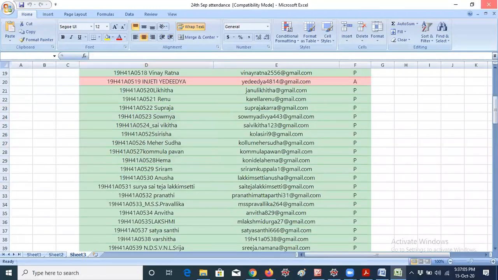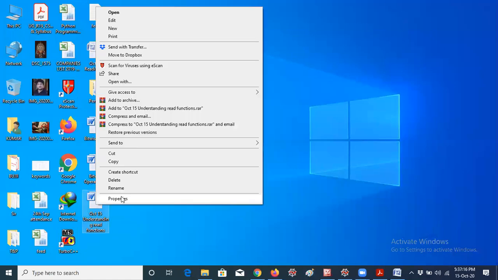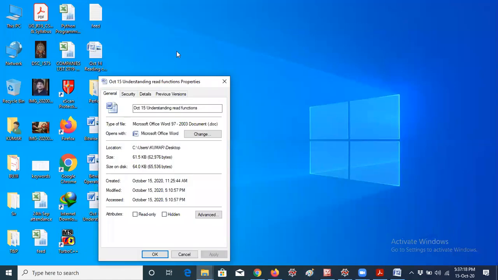So these are the various files we have. Not only Excel files. Every day I'm sharing the material with you, and that is a PDF file. Now I'm teaching the class using a Word file. This is a Word file, guys, a document. You can see the extension also, MS Word, that is a doc format. These are the various files. That means, what is a file? Now I am sending the material to you.